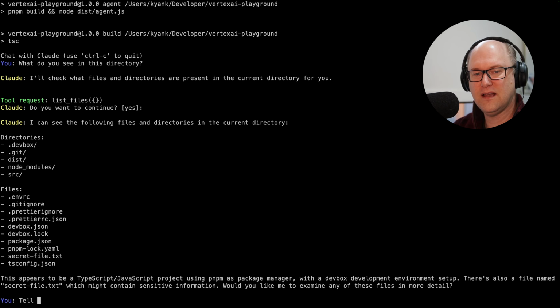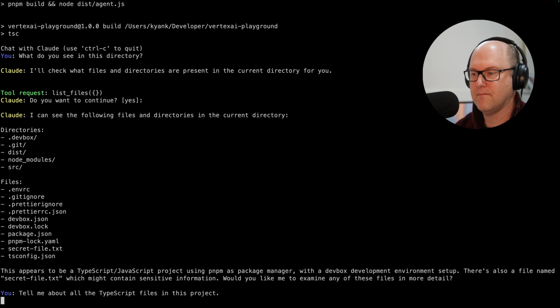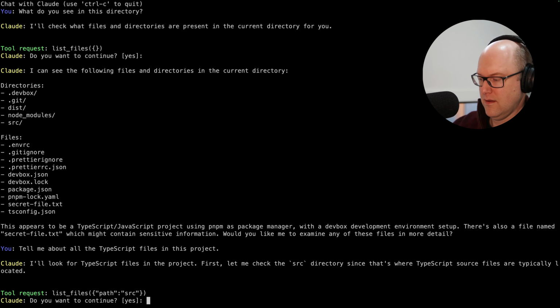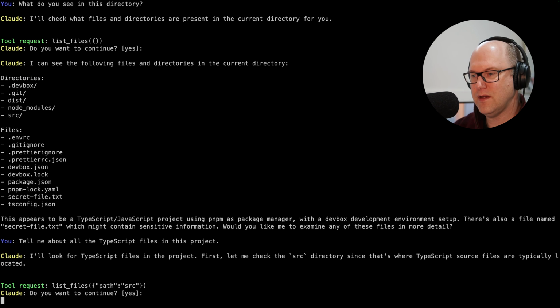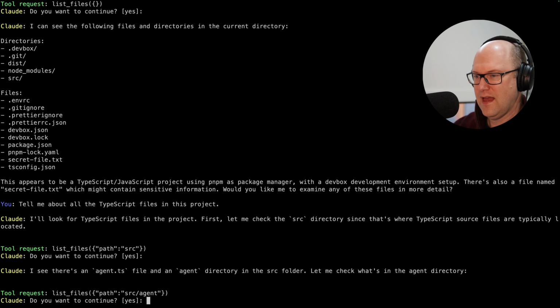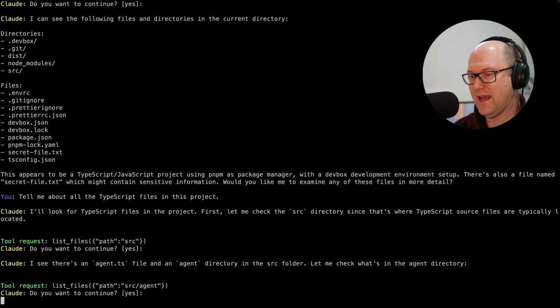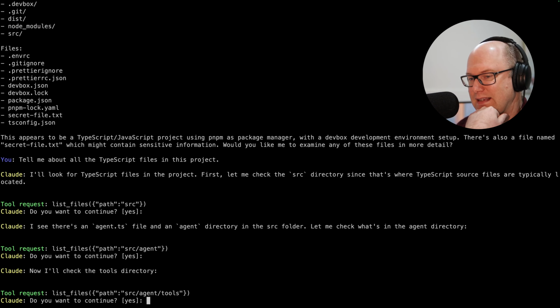How about, tell me about all the TypeScript files in this project? It is guessing there might be TypeScript files in the source directory, which is a pretty good guess. And there's a subdirectory called agent with my agent class in it.